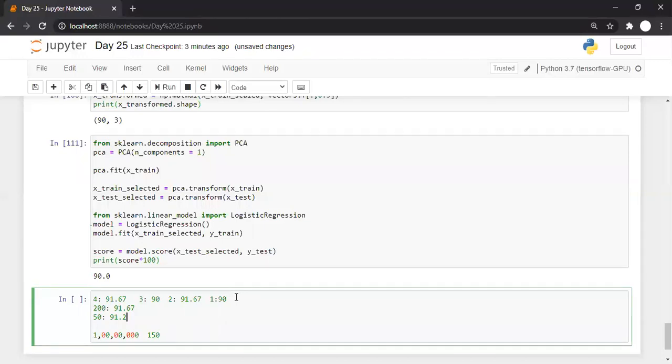And when there is a huge saving, you are okay with slightly less accuracy. But suppose let's say there are only 1000 records, and this is the difference. Then I will say, okay, there are only 1000 records, there is not much difference in processing power and processing requirement. I'll go with 200 features because it gives us a better accuracy.